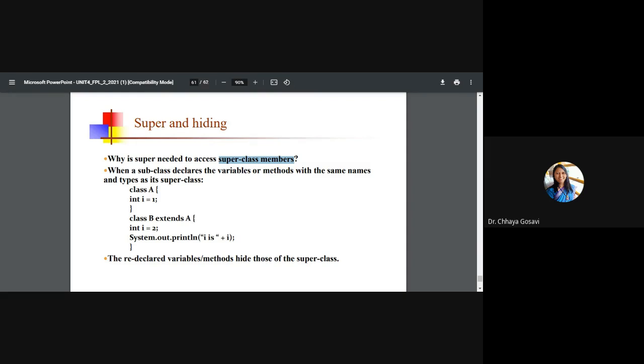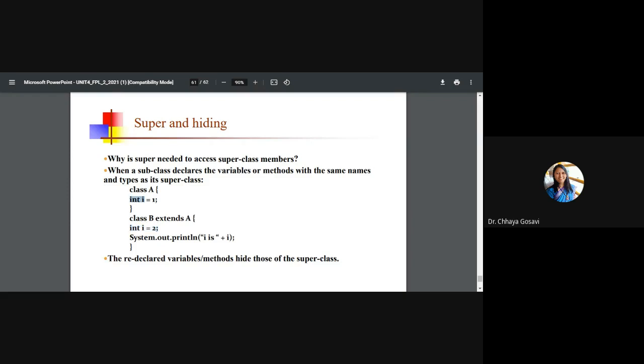When a subclass declares a variable or method with the same name and type as its superclass, here variable i is 1, here variable i is 2, and here we are printing i. So what will it print, 1 or 2? It will print 2, because the compiler always tries to refer to the immediate definition.